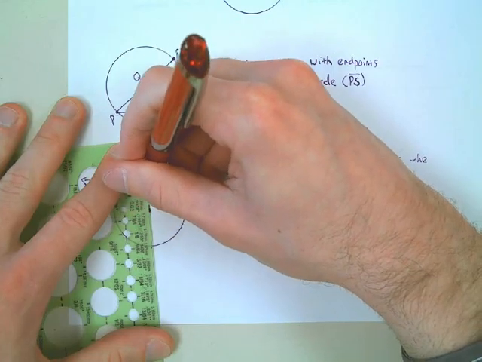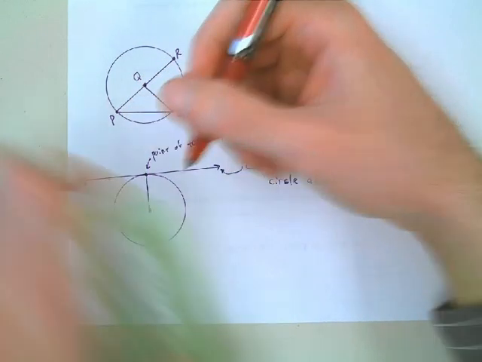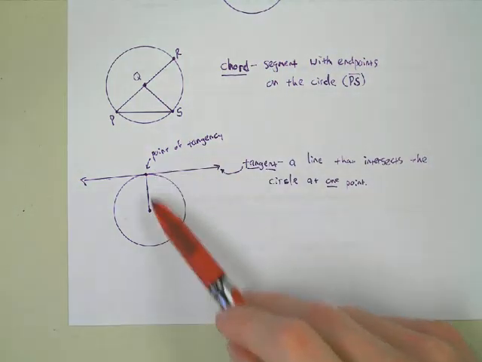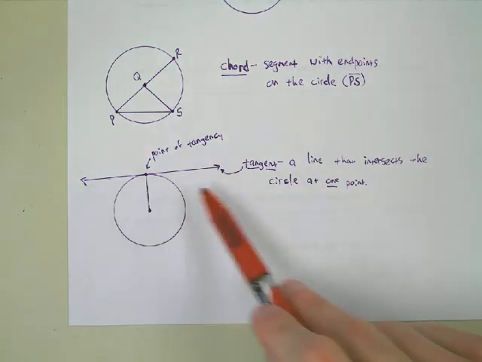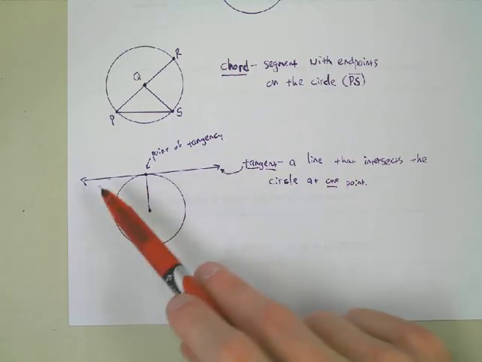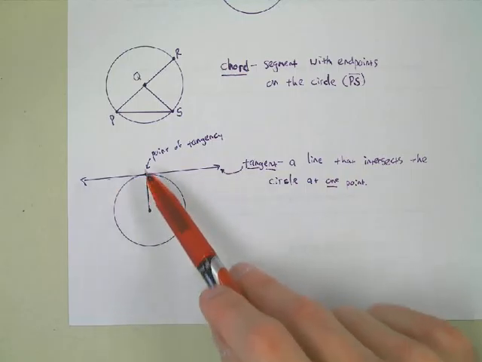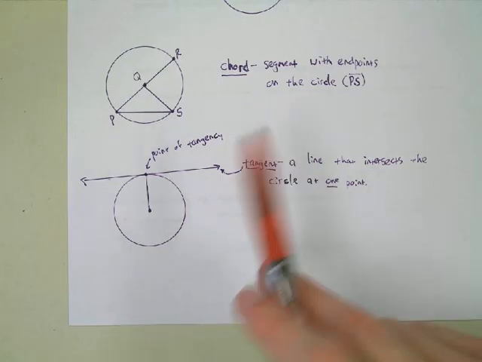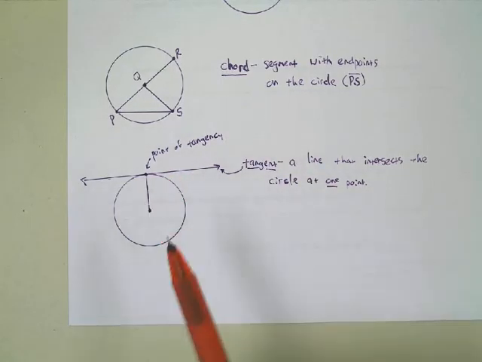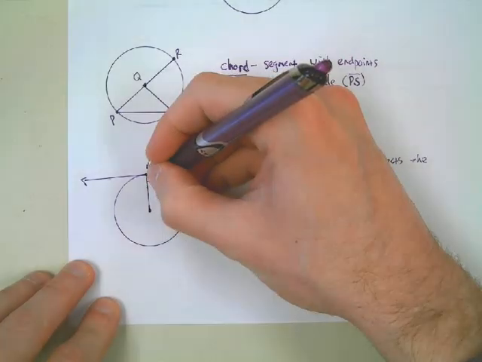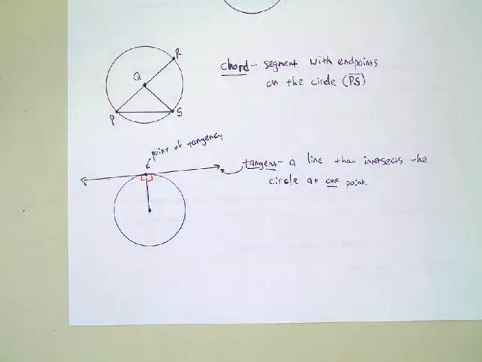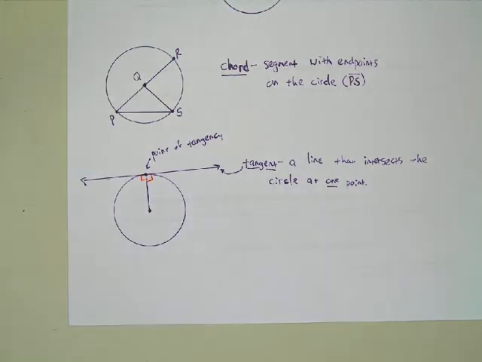How does it look like the radius is related to our tangent line? Do you see a relationship here? There's our radius. They're perpendicular, which means they form what kind of angle? A right angle, and you are exactly right. There is a right angle here between the radius drawn to the point of tangency and the tangent line. So I'm going to write that here too. A right angle